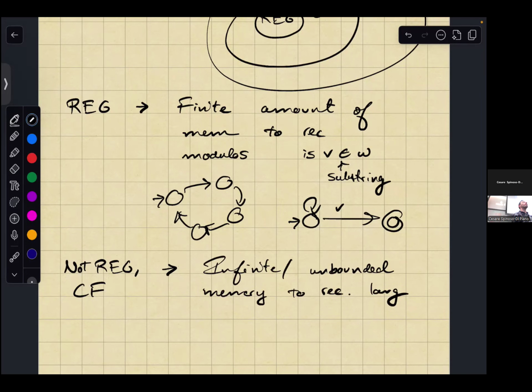Which is kind of a problem, but because you're claiming that it's context-free, it's maybe not such a big problem because you can use a single stack as the memory, right? It can be handled by a single stack memory,